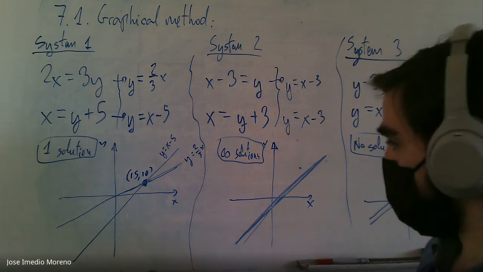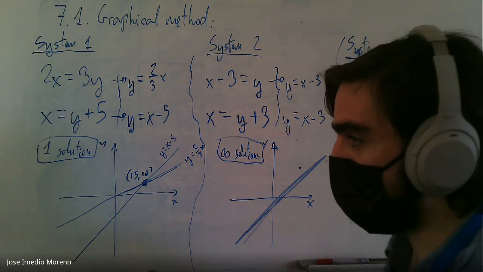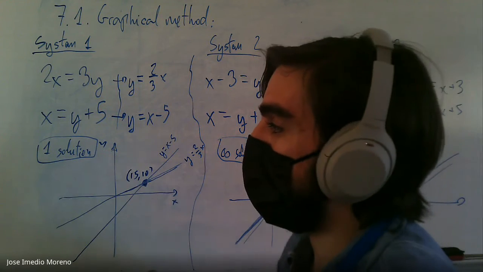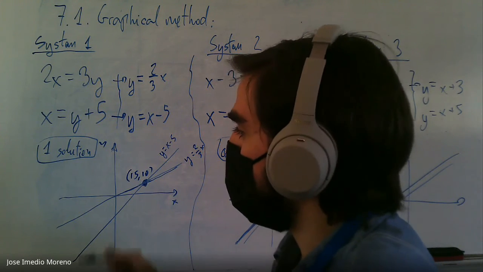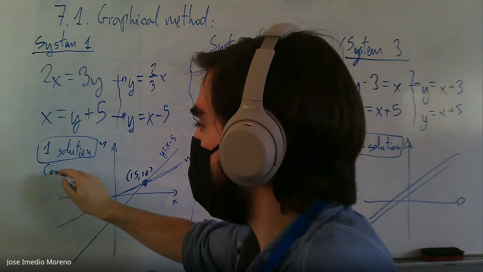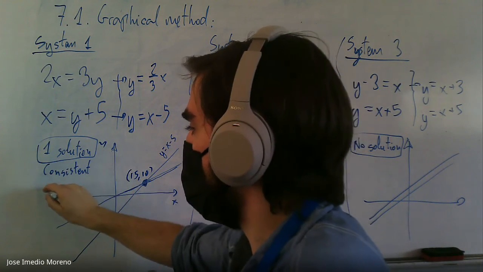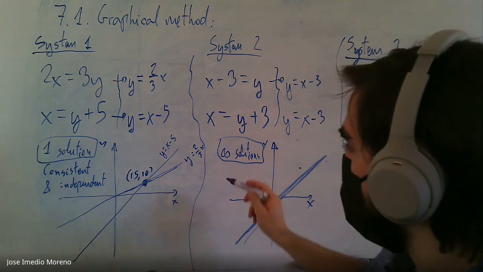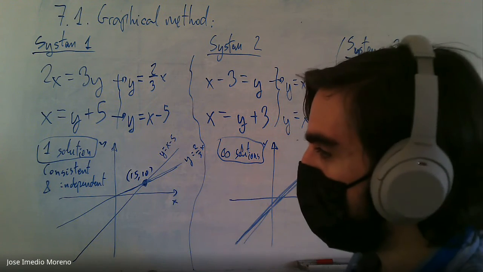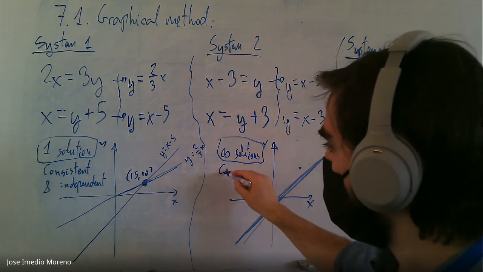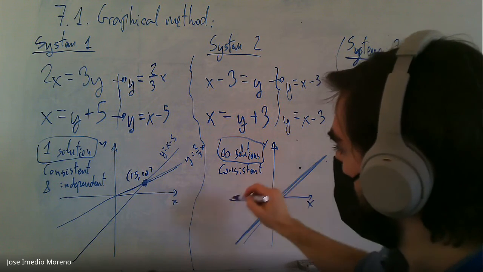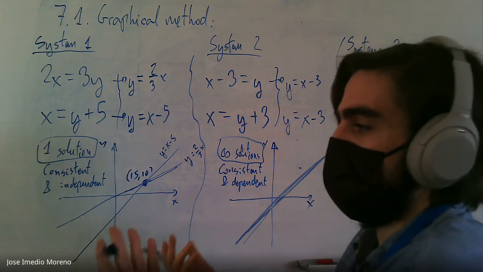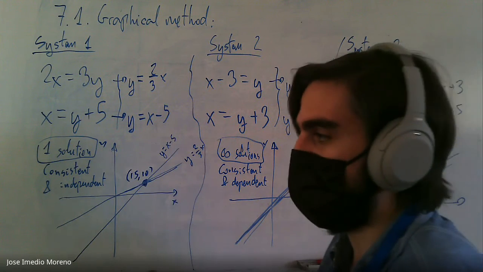The other way to express this, or in algebra, the way we refer to this is that when a system has only one solution, it means that it's consistent and independent. When it has infinitely many solutions, it is consistent, but it's dependent. Because depending on the value of x, there is a corresponding value of y,